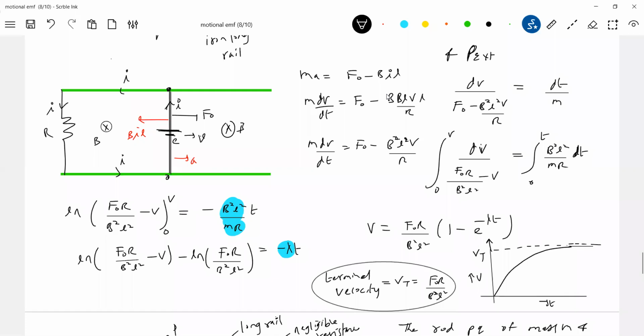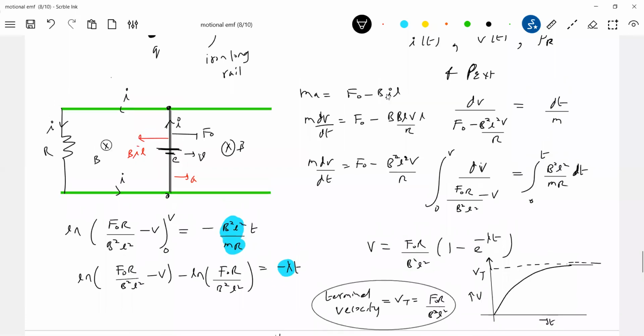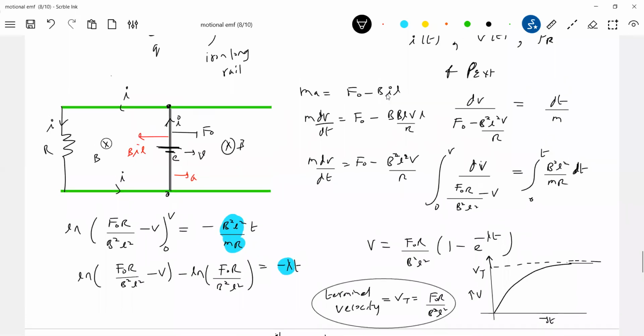Tell me, what about the energy relationship here? How does that energy relationship occur? The power generated by the external agent. What will happen for t equal to 0 and after a long time? For t less than infinity, for t equal to infinity. At any time t, what is the power